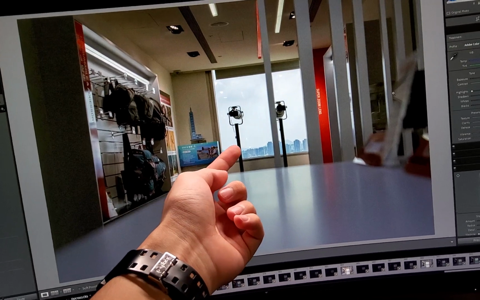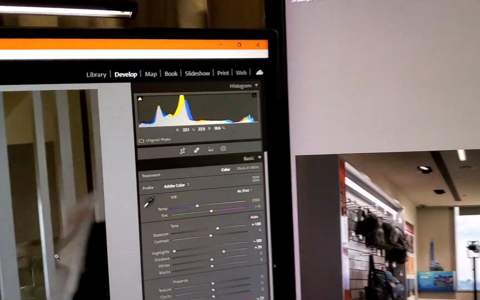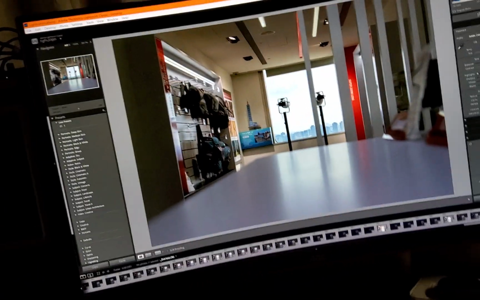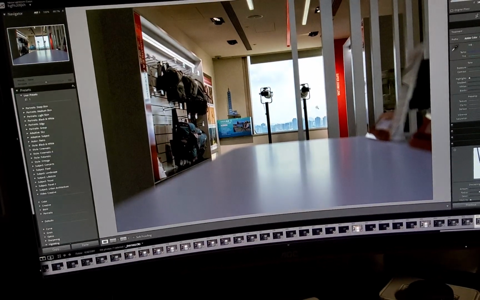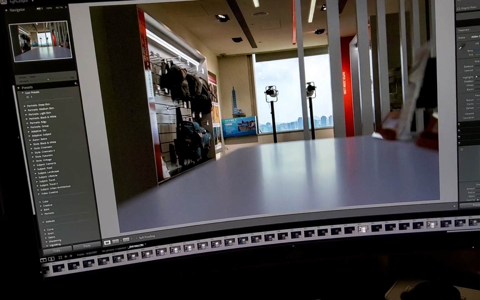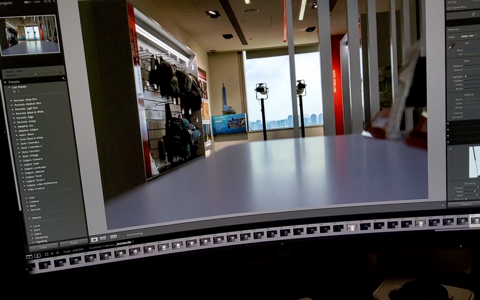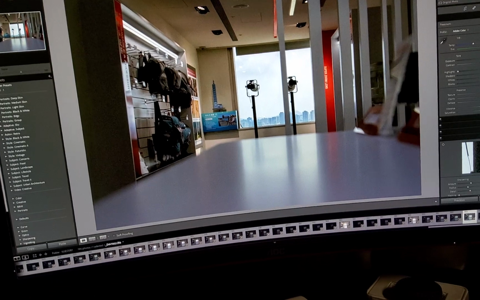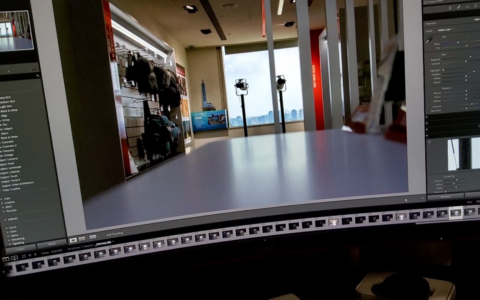The highlight recovery is pretty good, lots of dynamic range. This is overexposed two stops of light at 3200 ISO. So this is pretty good, surprisingly good ISO dynamic range performance. This is the highest ISO I will shoot without noise reduction. If I shoot higher, maybe 6400 or even higher, I will just apply more noise reduction onto